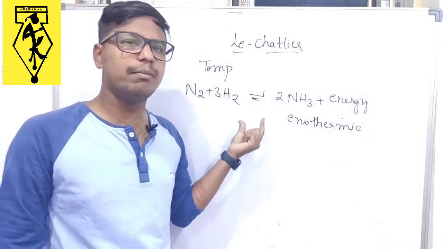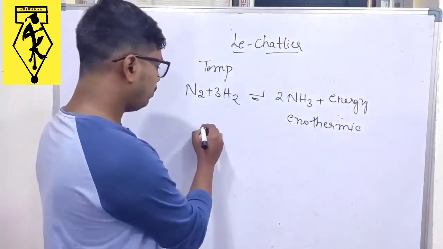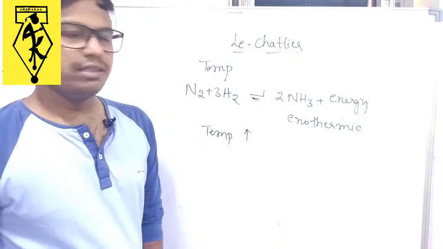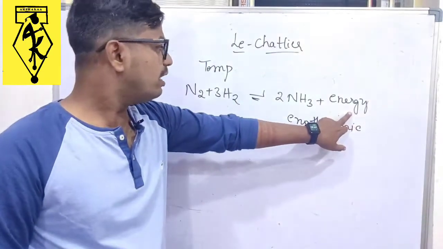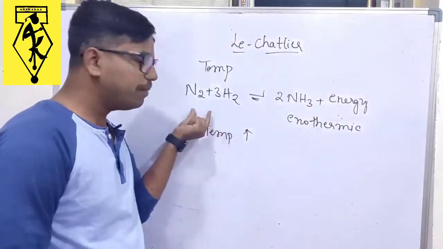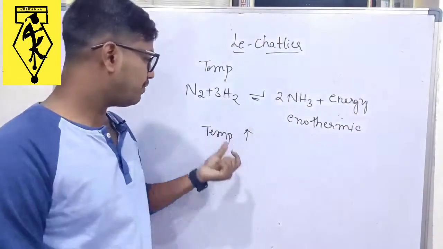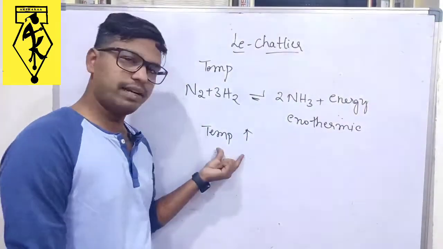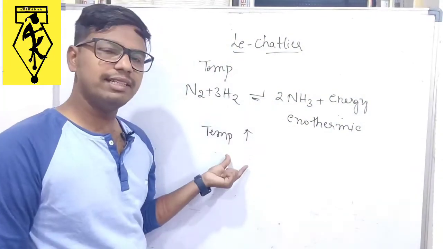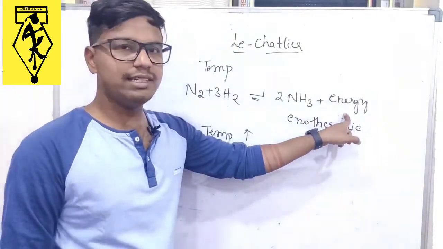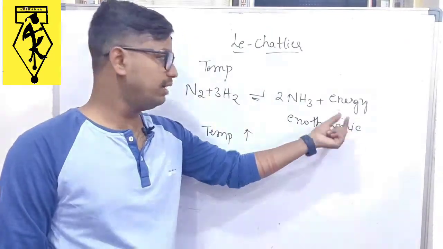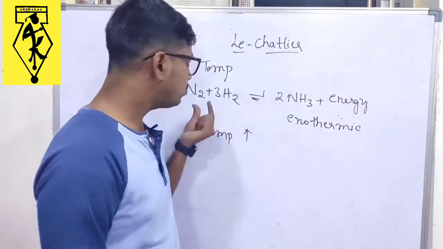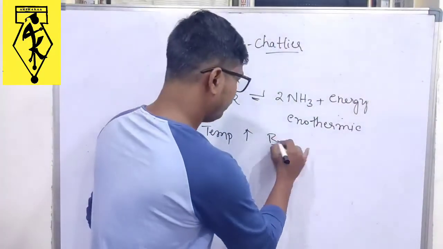So now tell me, already it is giving out some amount of energy here. What if you increase the temperature of this reaction? Now we are increasing the energy. So it looks like the reaction is going backwards, right? Observe carefully. For an already exothermic reaction, we are not supposed to give temperature. Anyway, we are giving the temperature. What is happening? The energy is increased. That means products are increased. Energy is also one of the products, right? So the product concentration increased, then the reaction goes backwards. The same thing.